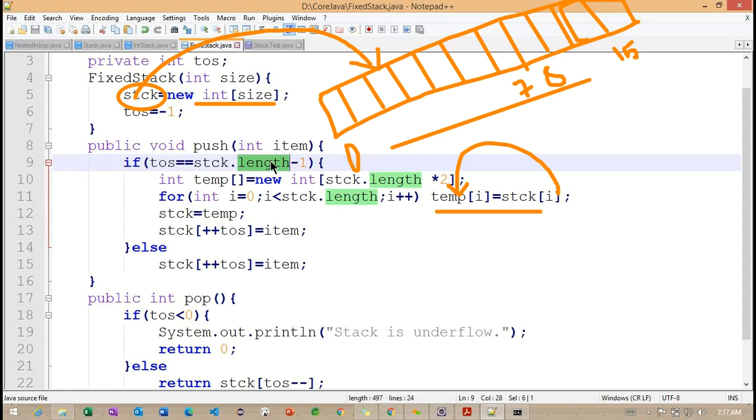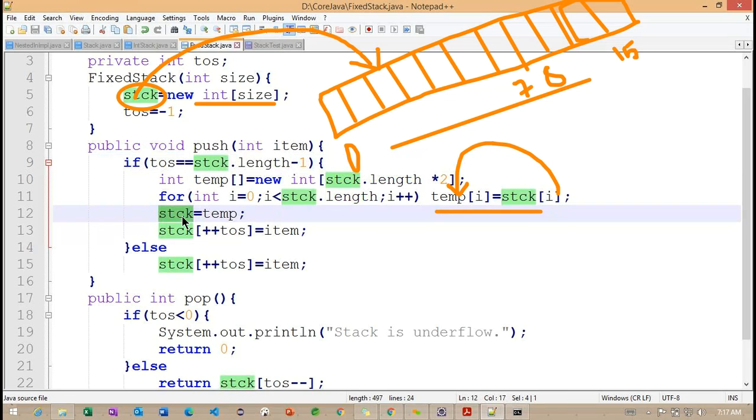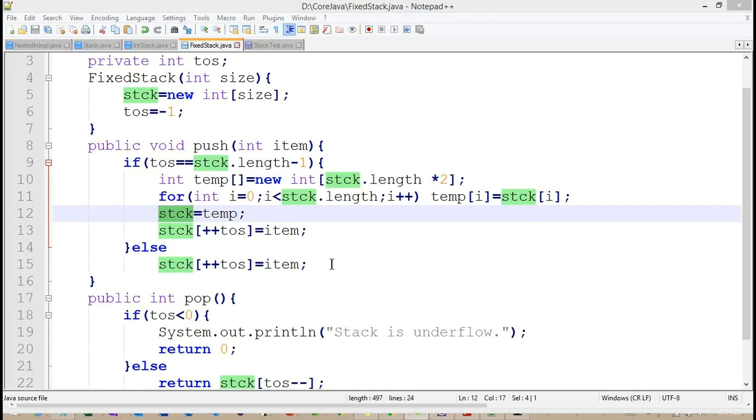Based on this particular length, we are trying to create one more array, and we are copying all the elements into the newly created array. And after copying, whatever the temp object we copied, again the temp object we are cloning into this particular stck.